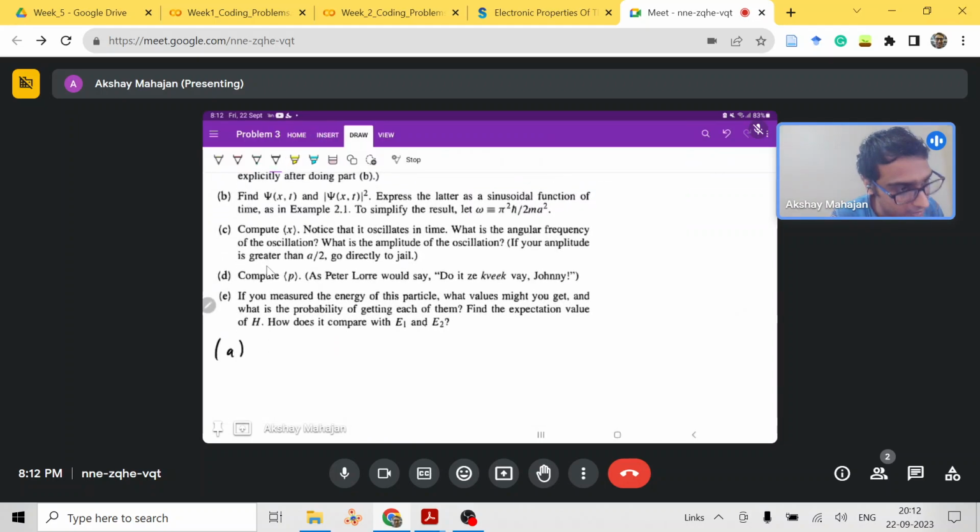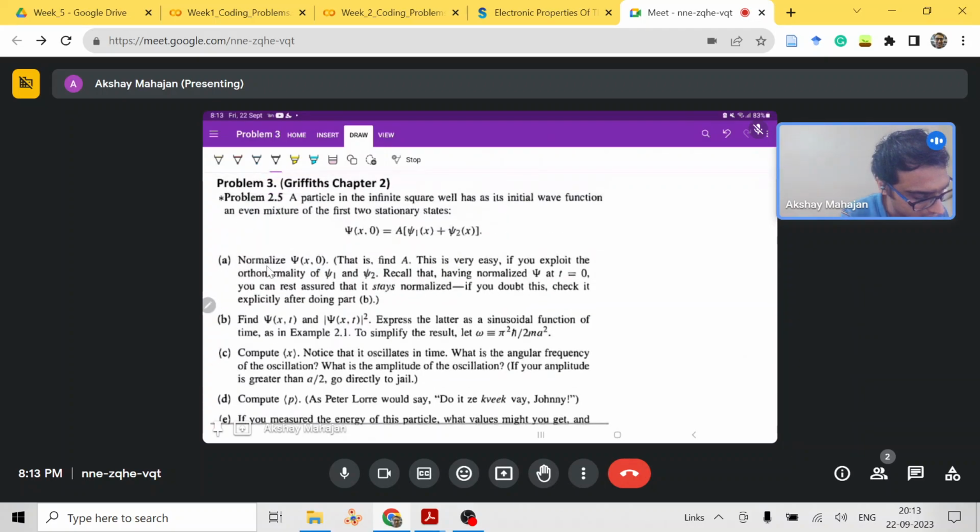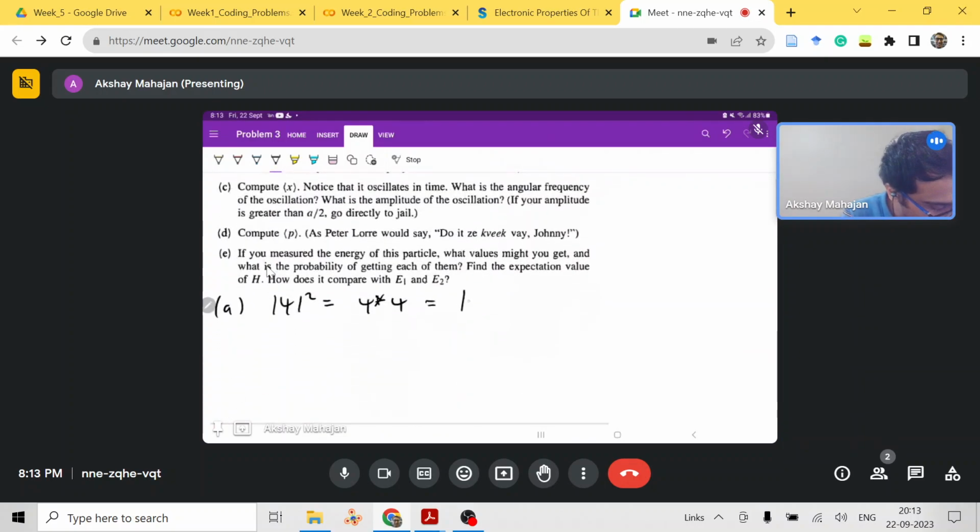So for part A, we have to normalize this. We will find the mod of psi squared, which is psi star times psi, and since our psi function is real, that will be equal to mod of a squared